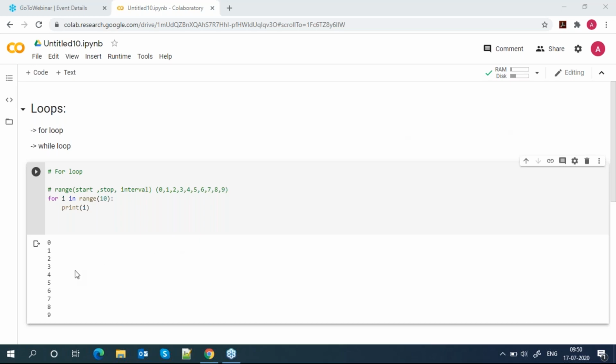Okay, so you can see that now it prints one by one. Any doubt or confusion here, right?